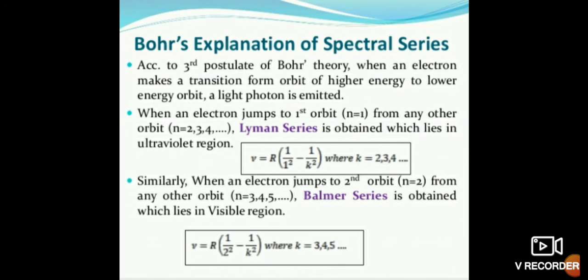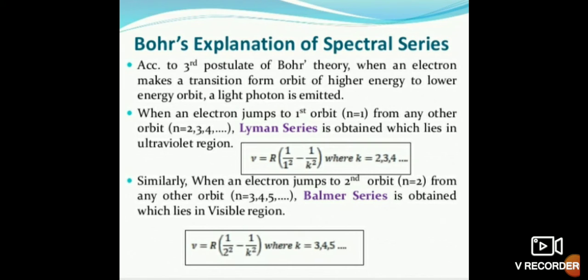Bohr's expression of spectral series. According to third postulate of Bohr's theory, when an electron makes a transition from orbit of higher energy to lower energy orbit, a light photon is emitted. When an electron jumps to its first orbit from any other orbit, Lyman series is obtained, which lies in ultraviolet region. nu equal to R into 1 upon 1 square minus 1 upon k square, where k is equal to 2, 3, 4. Similarly, when an electron jumps to second orbit from any other orbit, Balmer series is obtained,